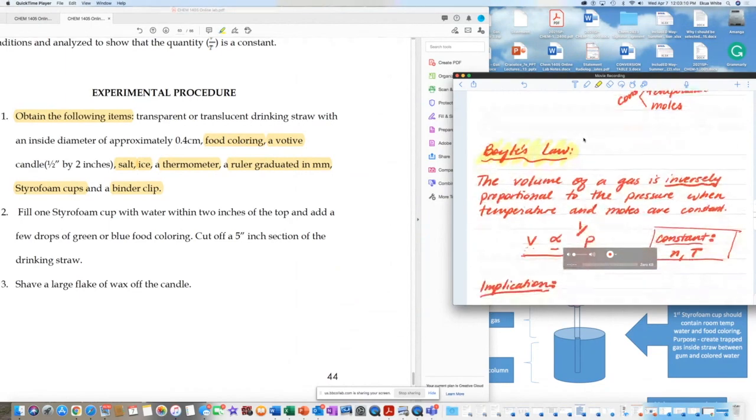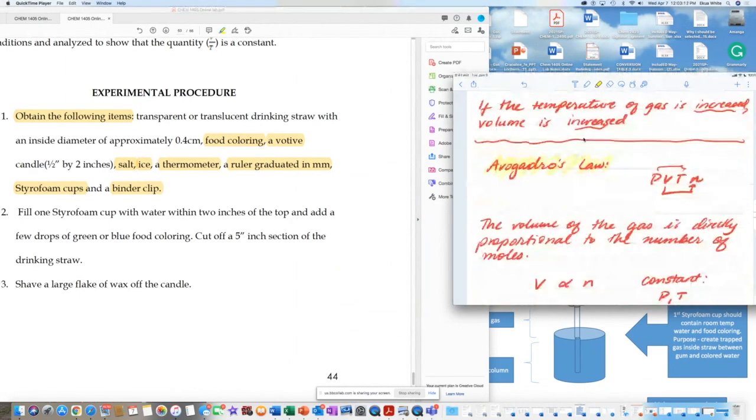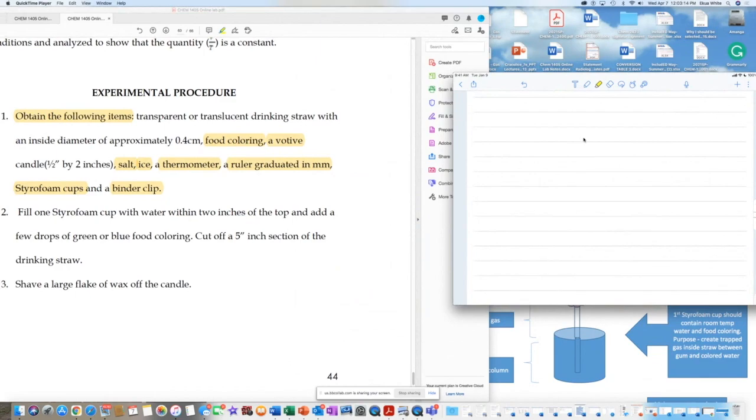So on the right, I'm going to have my iPad, and what I'm going to do is translate what they're saying into action. So we're at number two right now. We have a styrofoam cup with water, and you want to fill it within 2 inches of the top. When they say 2 inches, I don't know. It doesn't hurt to fill the cup to about 1 inch from the top. It really all depends on you. But let me try to stick to what they're saying. So here's my cup. Sample number two. Here's my styrofoam cup,